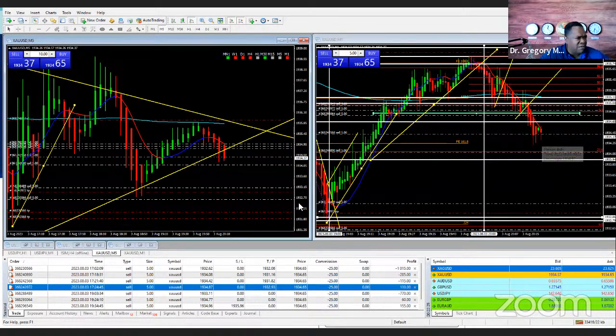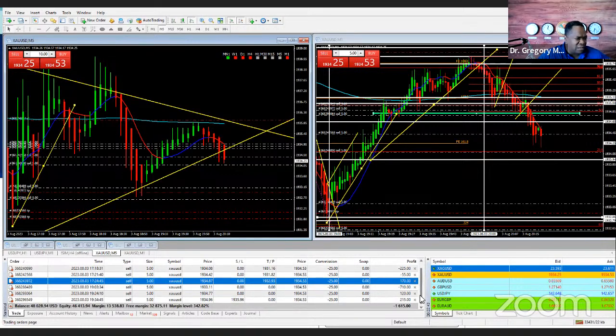Now, if I were to hold these, then I'm in line with the trend, and then I can get 100, 200. I just got 120-something pips on the Aussie dollar this morning. So once I'm in trend,